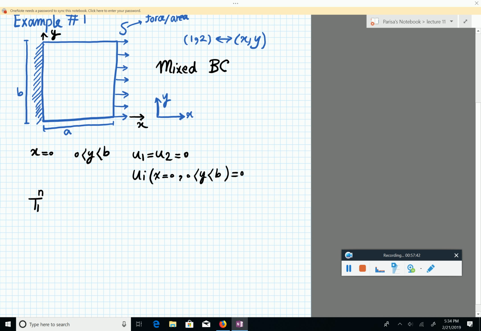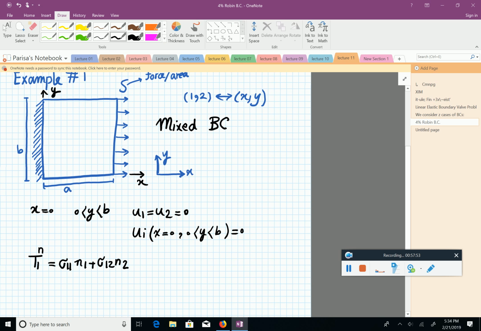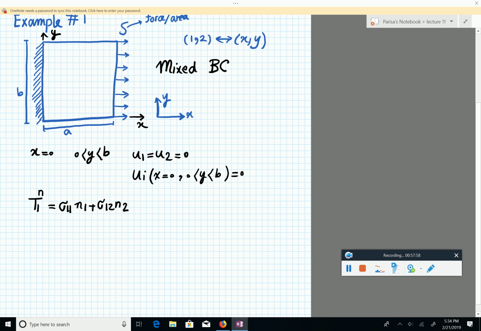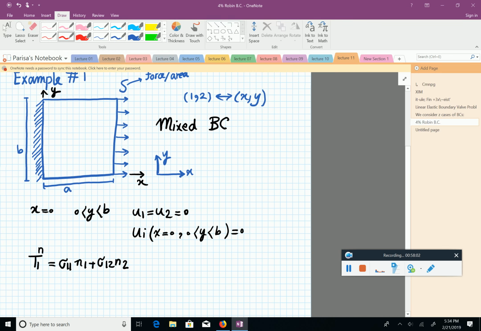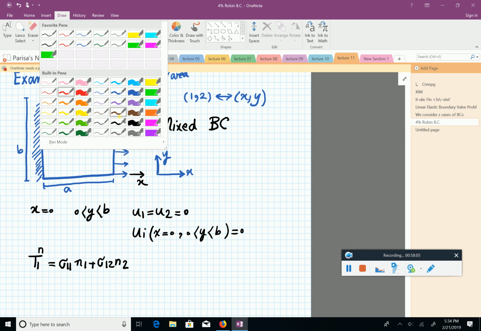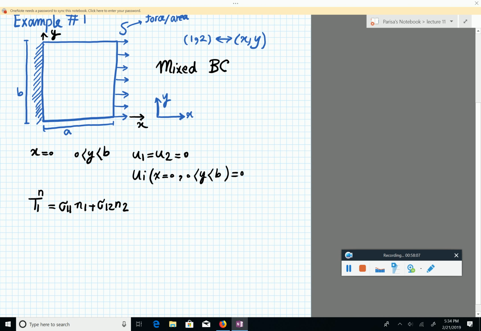T1, how do you write it? Sigma 1 1 n1 plus sigma 1 2 n2. Everything is 2D. What is n? What is n for the other side? Oh, I should write the x and y so you know what side I'm talking about. So let's write things nicely. So if we take x equal to a and y,